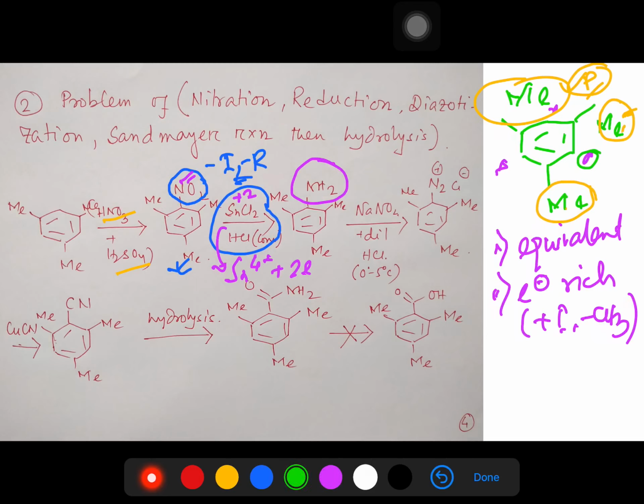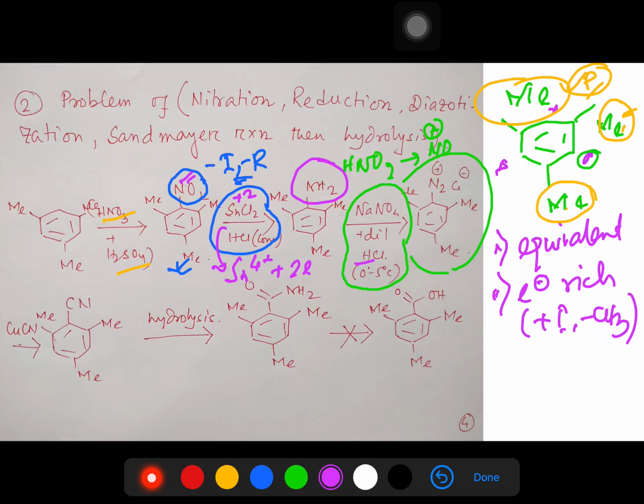Next is sodium nitrite, dilute HCl and 0 to 5 degrees centigrade. This is a diazotization reaction. And in this case, what happens? It produces HNO2, which is subsequently converted into NO plus, and that is the electrophile, and ultimately, following the steps, it produces this diazonium salt. So this is actually a benzene diazonium salt, mesitylene diazonium salt, better to say diazonium chloride,